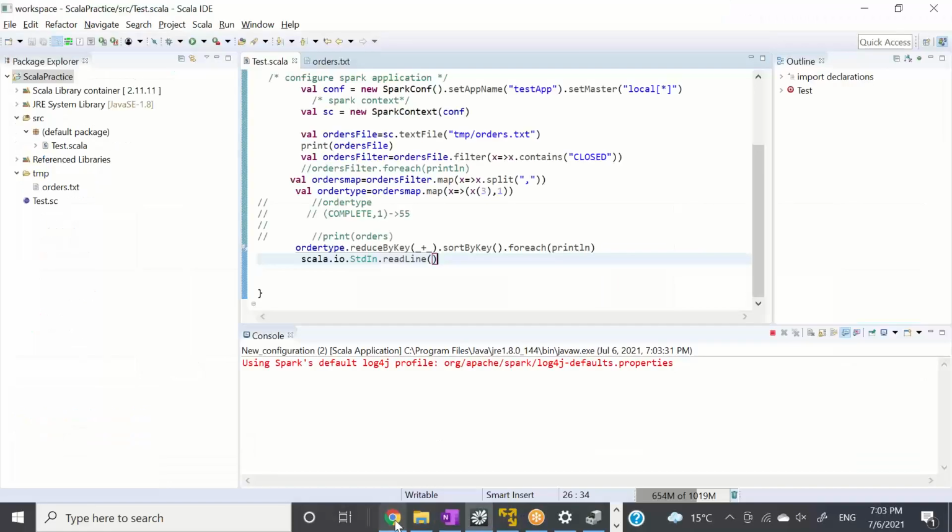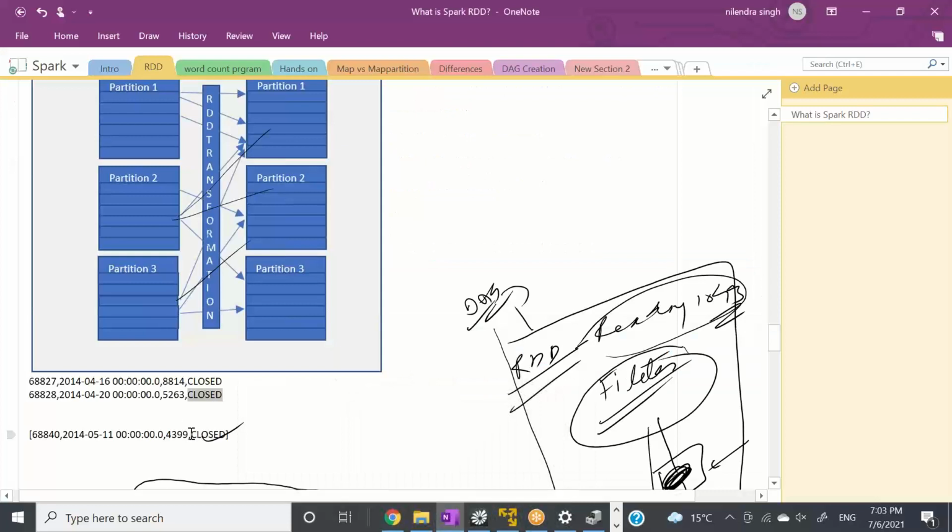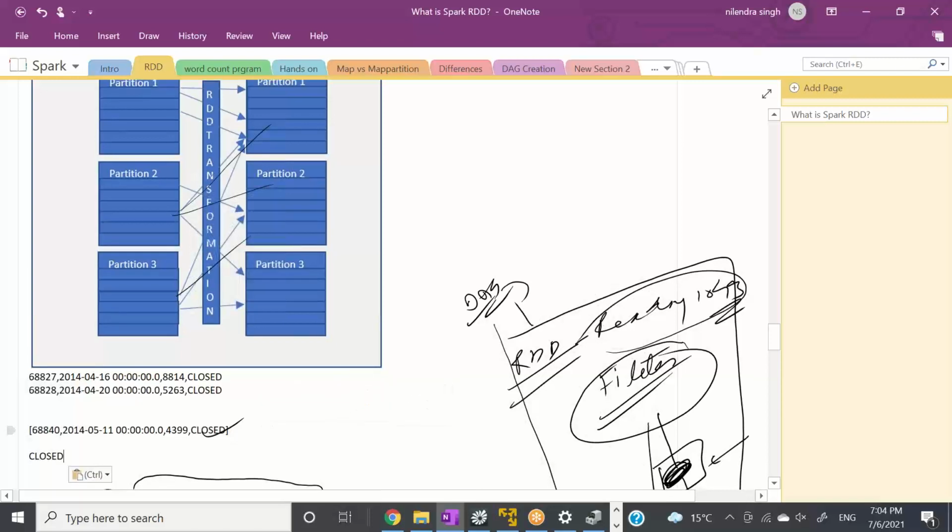So let's see, it is still running. So what it is doing behind the scene, after every element, it is picking up this element, right? Closed. It is picking up closed, and it is putting 1.